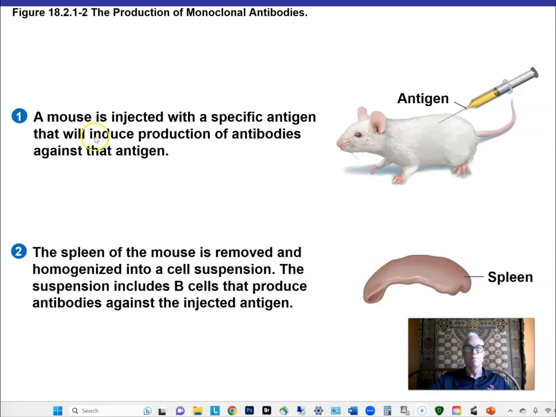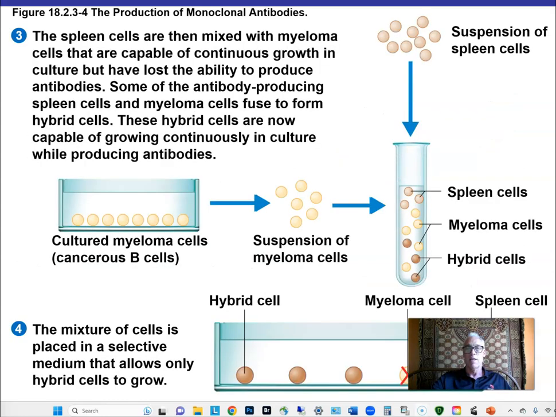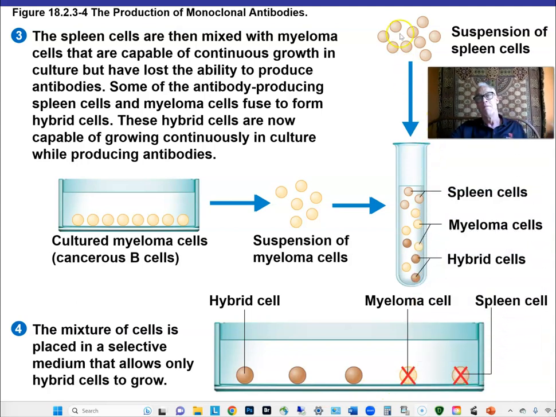So how is this done? Inoculate a mouse with an antigen, right? It's a foreign substance, usually with an adjuvant, to try to really rev up the immune response, and then a whole bunch of lymphocytes will be produced that are making antibodies against that antigen, and a lot of them may be found in the spleen. The spleen's a nice big organ just packed with lymphocytes. It's lymphoid tissue largely, and so we'll take that spleen out, grind it up, and release all the lymphocytes from the spleen, and put them in this test tube that we see here,